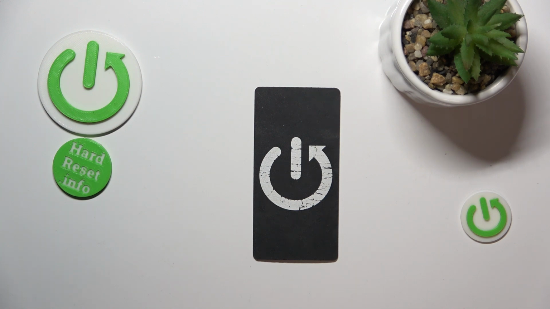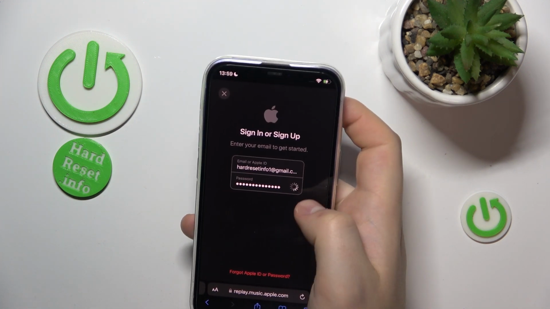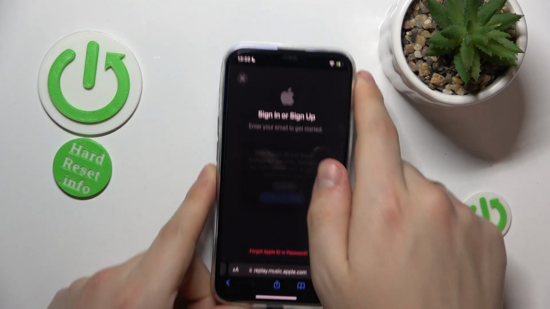Apple ID password. Or using the passkey, that's up to you. And once the credentials are input, just tap at this arrow button here, and well, it will allow you to